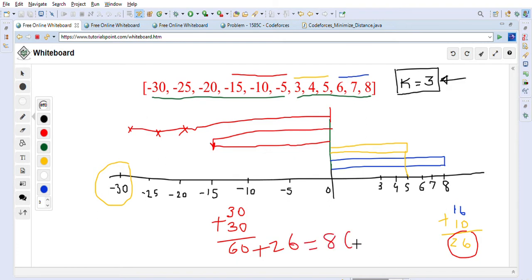So 86 is the total minimum distance we can have to walk to deliver all our bags into these depots, right? So these are the depots location, right? So why we are doing this -30 at the end? Because we do not want to walk back from this 30, right? Because it will add a huge distance.